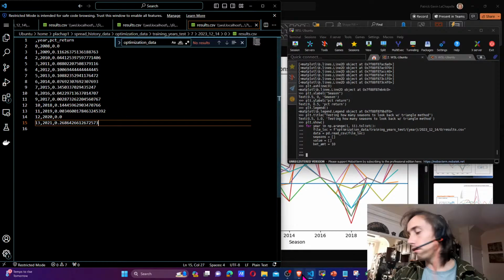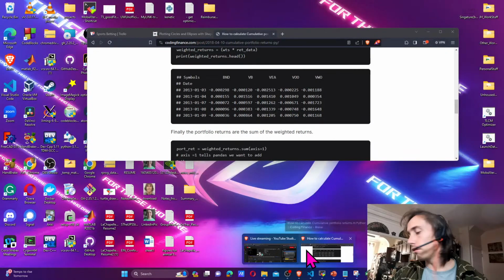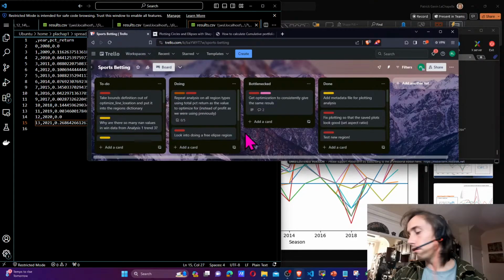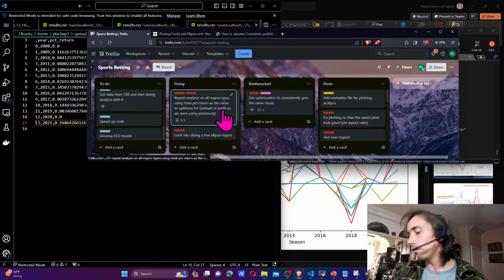So what we want to do is, let's go look at the Trello board. So we want to do this analysis on all region types. I could do this not on live stream because that's not very interesting. Look into doing a free ellipse region, take bounds definition out of optimized line location. Okay, so there's nothing left to do today. I'll do this before I start the next live stream. Then that,